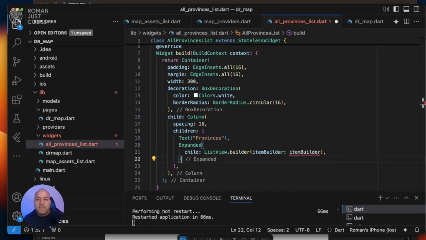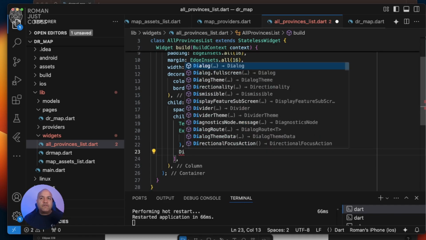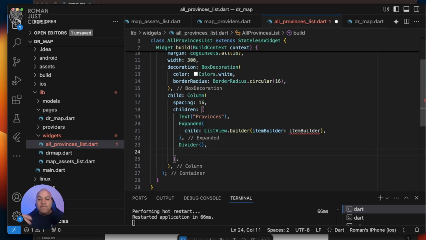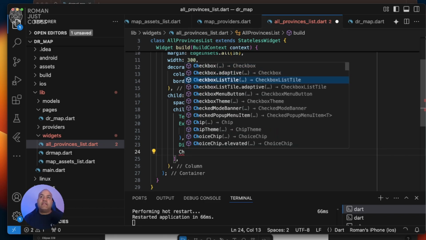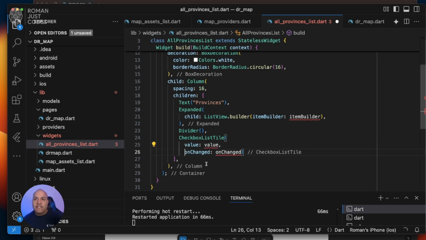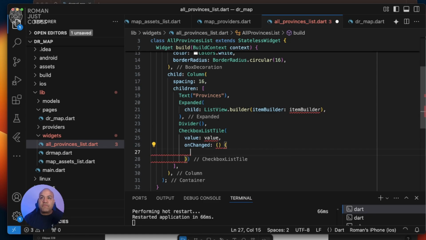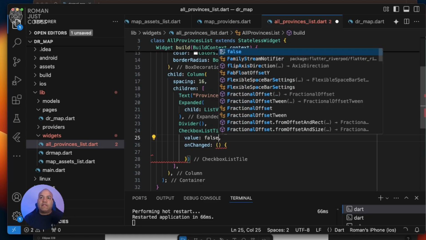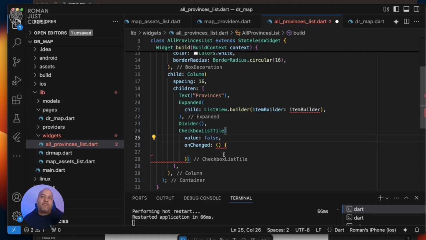But then at the bottom of that widget, I actually want a divider. I probably want a divider, and then I want, for example, a checkbox list title and a checkbox list style. I'm gonna add it later, but for example, you can just add the placeholder pieces in here. That way, for example, I can do false. Later, we're gonna flesh it out